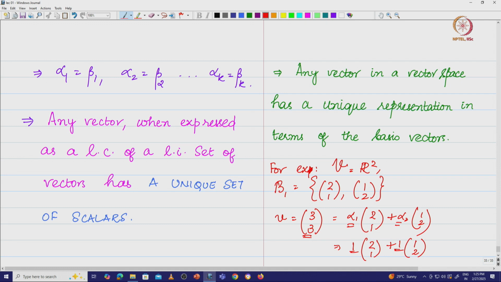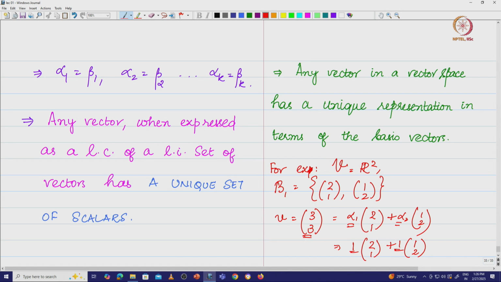Therefore, the question that we were trying to answer in the previous case: because every vector in terms of basis expansion has a unique representation, if you want to find out the effect of the transformation on the entire vector space, find out the effect of the transformation on the basis vectors, because every other vector is going to have a unique representation in terms of the basis.